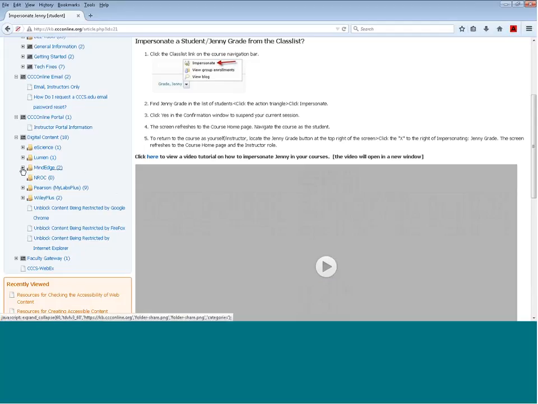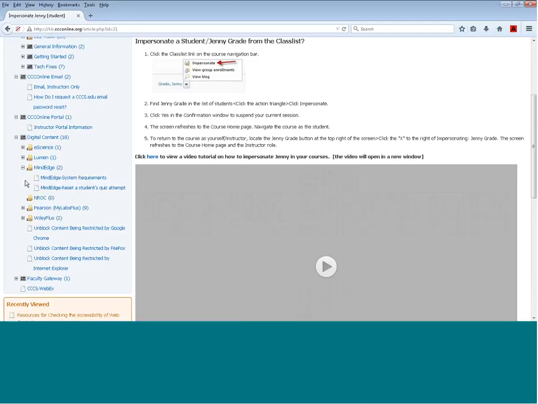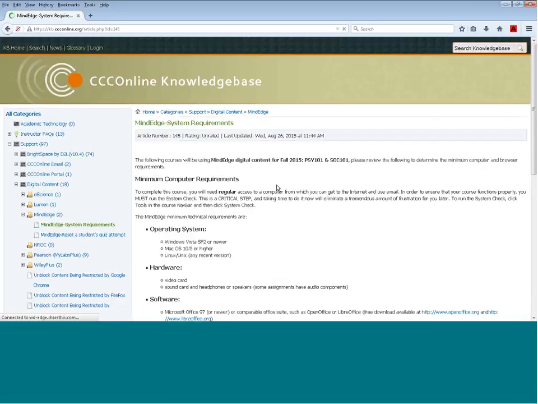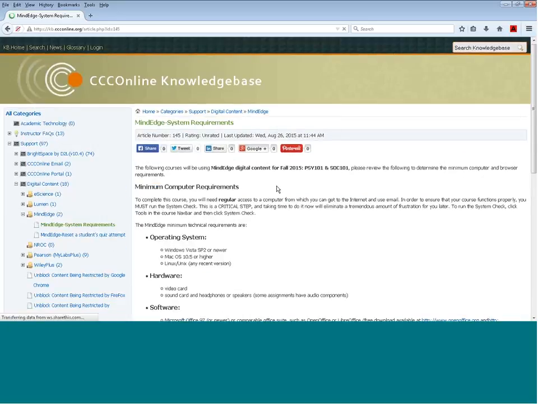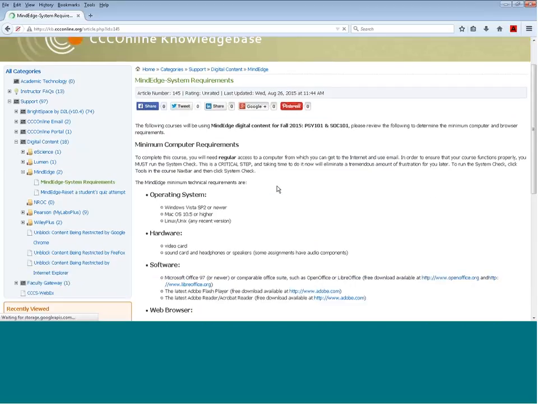For example, in the MindEdge folder, we have two articles. One is about system requirements, which is usually listed in the course, but also if we get student support calls or instructors say my students are having problems accessing this, then we have a page where we can send them a link to do a little further investigation, on either the instructor or student side.